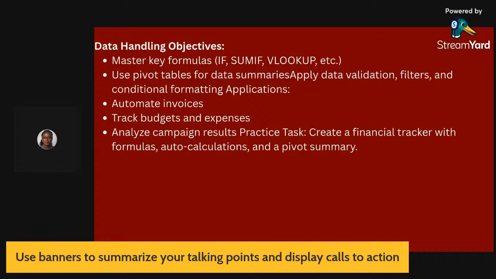So what we'll be talking about today is exploring formulas that you can use for automation and calculation, using pivot tables to summarize complex data, implementing conditional formatting, data validation, and data filters, and finally learning how to use functions like VLOOKUP, the array formula, the IF, the COUNTIF,